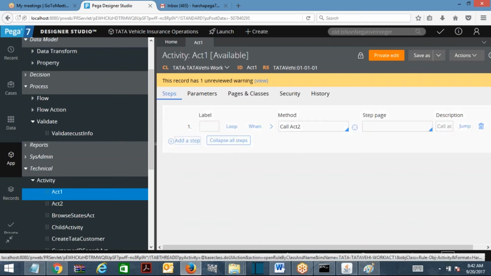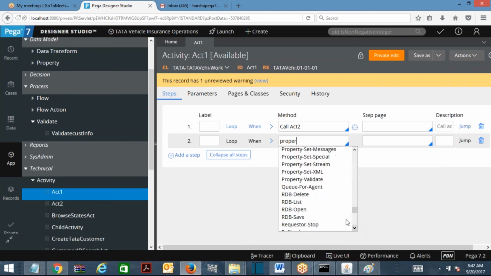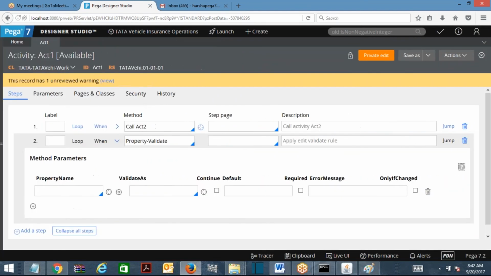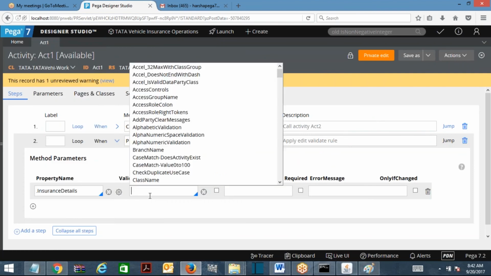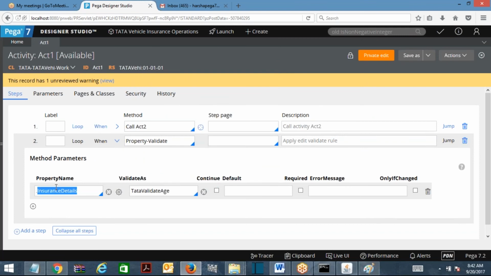Any activity, open or add a step. Property validate. See, property validate, if you expand, what is the name of the property? And here you are getting, I want to validate. So you are going to validate in an activity the age property using the validation rule validate as. See, this is something different you need to understand.